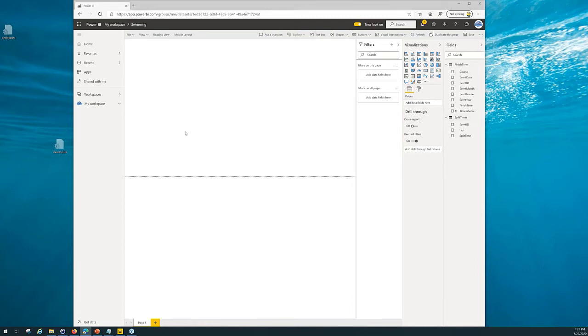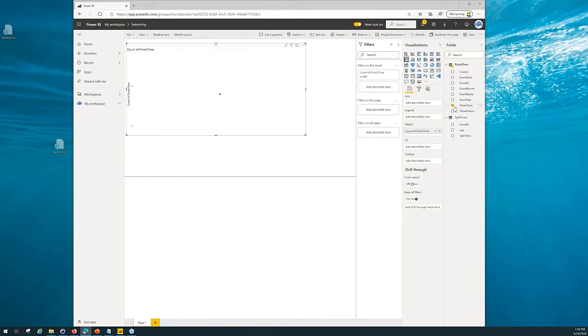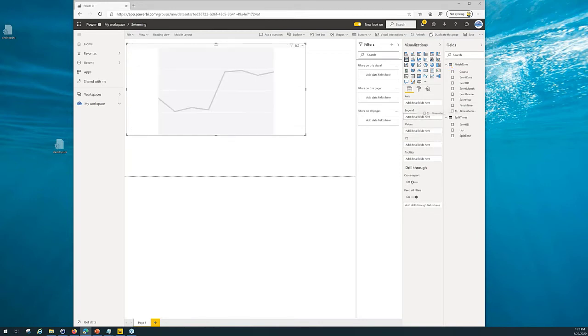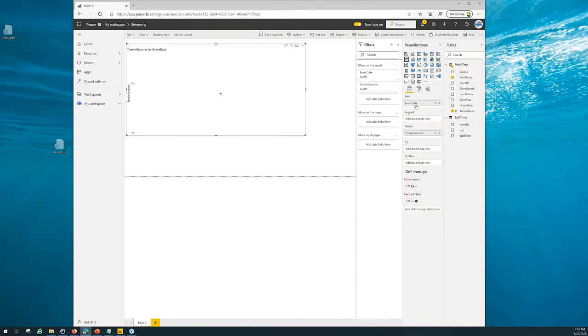So I want to know if I'm getting better as I'm getting older or am I slowing down? So I want to look at my finish times to see. I'm just going to grab a line chart really quick. Let's drag it out and make it a little bit bigger. And we want to look at my finish time. So that's the value that I want to look at. And oops, I want my time in seconds. I grabbed the wrong one. Values. And we want to look at this over time. So that's what's going to be on my axis.